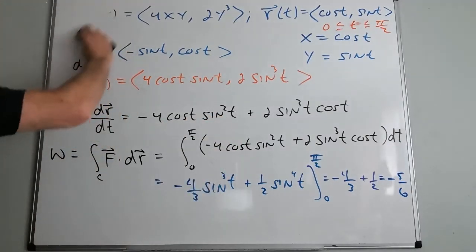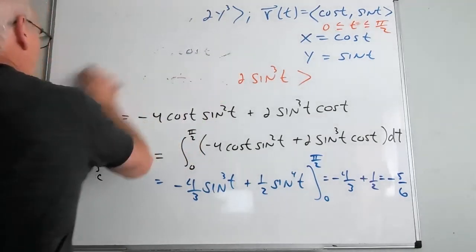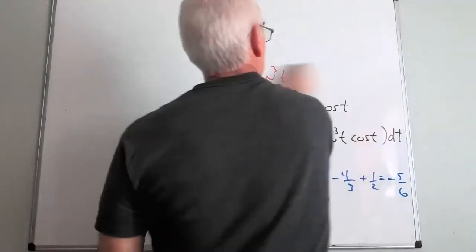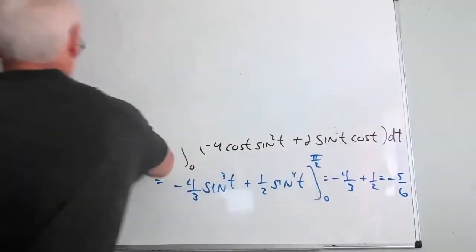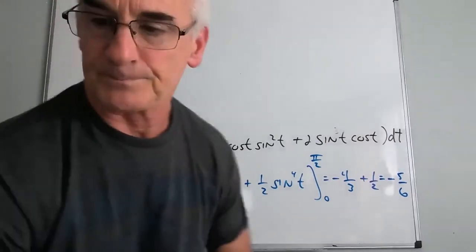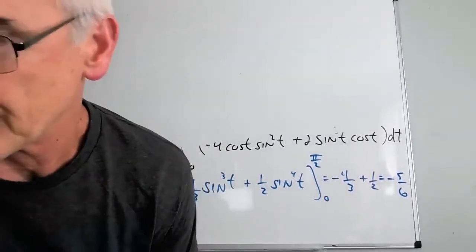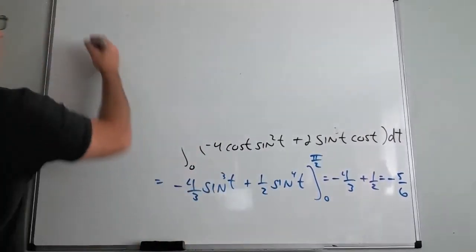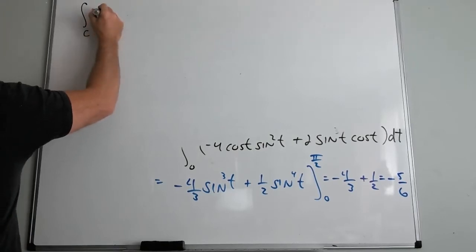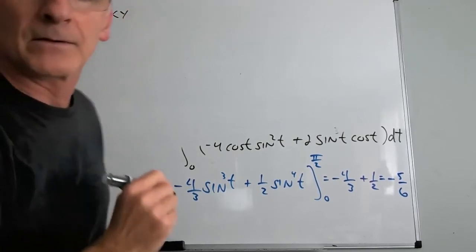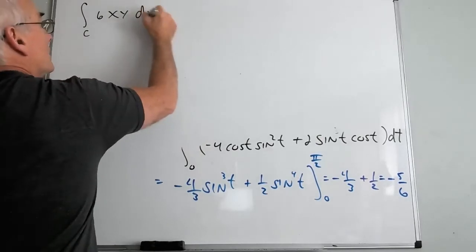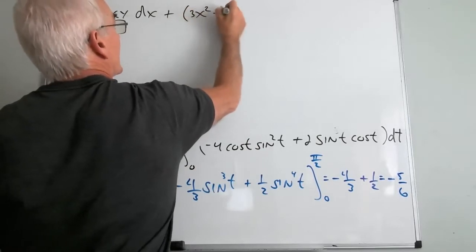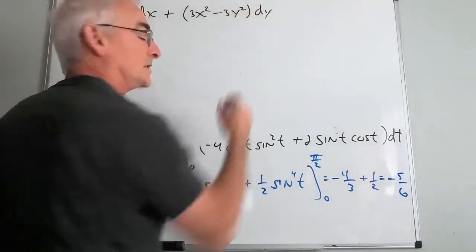Now I'm going to do a series of problems so we can get to a certain point. I actually wrote them down so I can read them. We're going to do the following. We want to evaluate 6xy dx plus 3x squared minus 3y squared dy